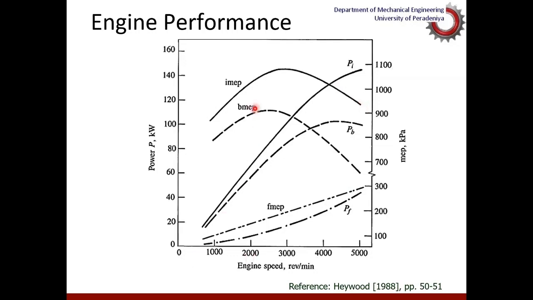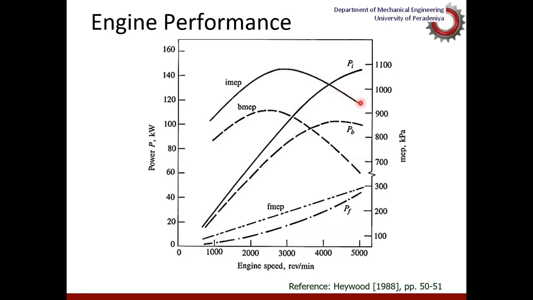One reason for the reduction of brake mean effective pressure with speed, after some speed, of course, initially it increases, but after some speed, it starts dropping down. One reason you can simply see here: the friction losses increase with the speed, because viscous friction is directly proportional to the velocity, the speed of the rubbing components. Accordingly, the frictional losses get higher and higher at high speeds, and the brake mean effective pressure will have to drop. And at the same time, with the increase of speed, you can see the indicated mean effective pressure